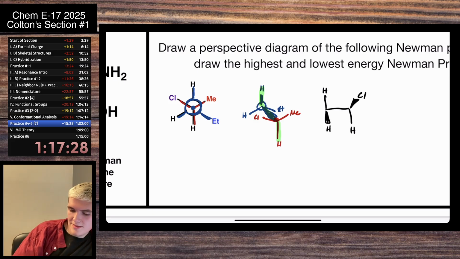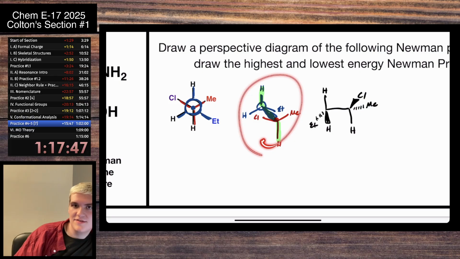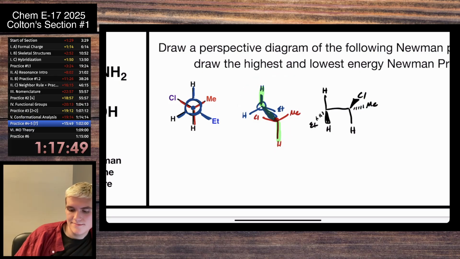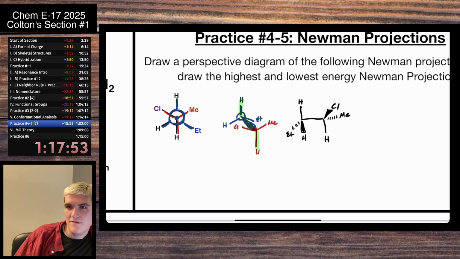And then we're going to put the ethyl and methyl on dashes going away from us. And with that, we have our Newman projection, our perspective drawing from our Newman projection. So again, I like this tool as an intermediate, as kind of like shifting between it. But I know that that's a lot, and especially with a visual skill, it's a lot to